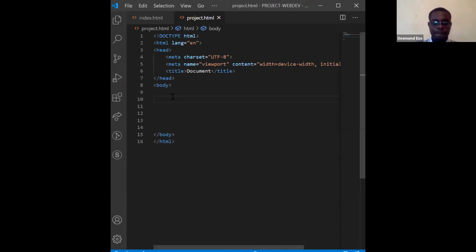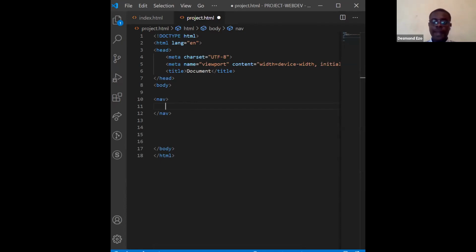Okay, no problem. So there's a tag called the navigation tag, nav tag. It's a semantic tag. What semantic means is, it just helps you visually understand what that tag does, or what the tag is supposed to do. And for SEO purposes, it's easy for search engines to identify areas or parts of your HTML document. So inside of the navigation tag, I'm going to use it to create this blue navigation bar on top.